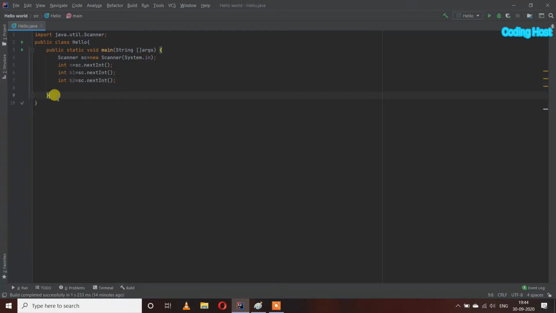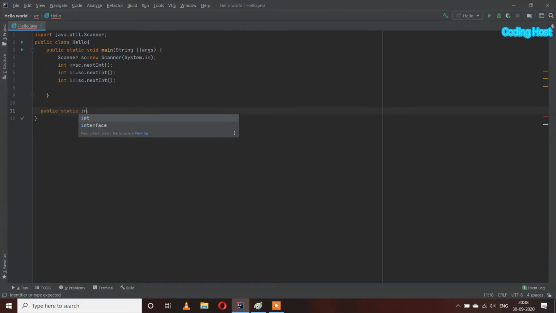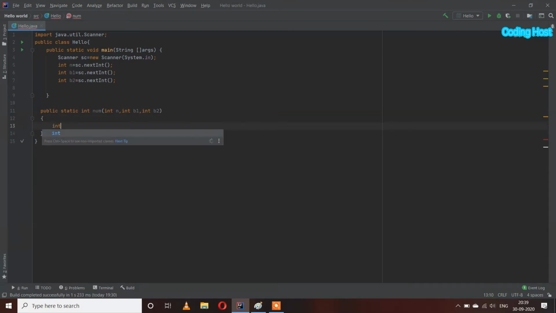So outside the main method, I will make a method public static int num, and in this method we have to take some parameters to take these numbers and bases. So int n, int b1 and int b2.